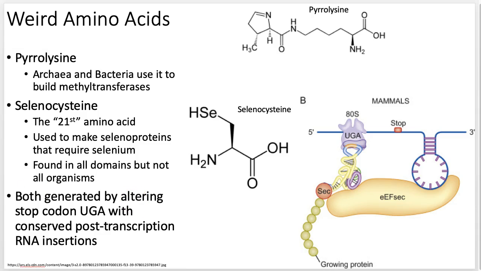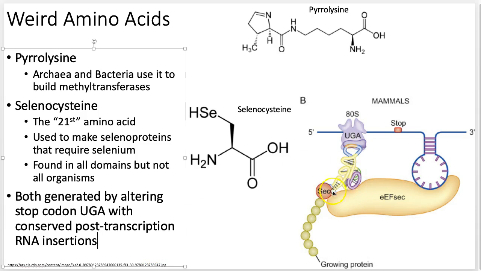So how we do it is normally you have a stop codon. We're going to talk about codons in a second, but that should be something you're relatively familiar with if you've taken microbiology, which you probably should have, but if you haven't, it's okay, we're going to cover it. The stop codon is UGA, and normally you would just terminate at UGA when you encounter it. But if you take the messenger RNA and perform post-transcriptional modifications on it, so you basically insert a weird loop region, like a stem loop region, into the messenger RNA that you want to make the protein that has selenocysteine,